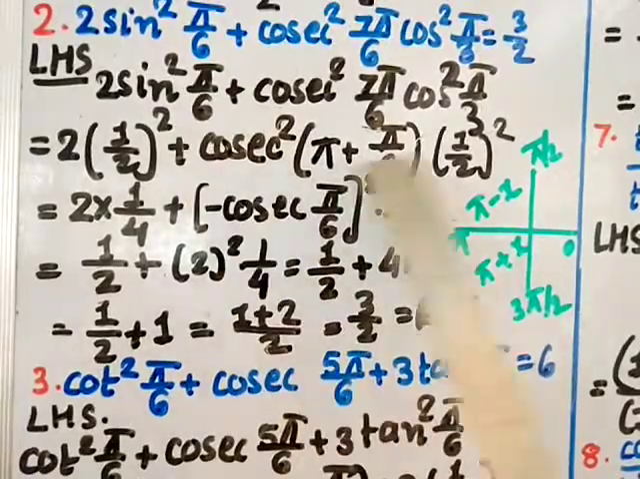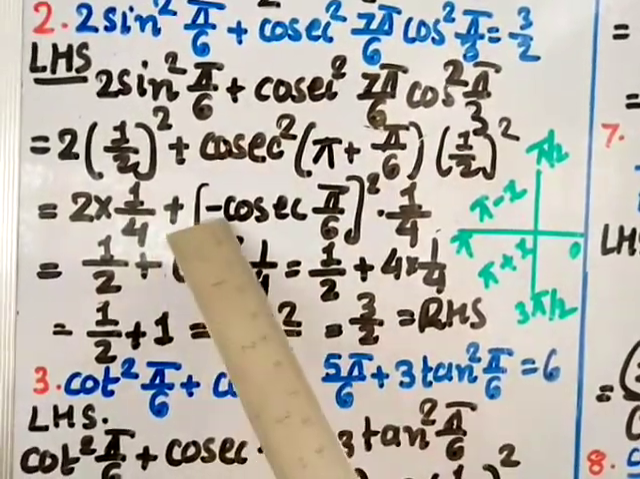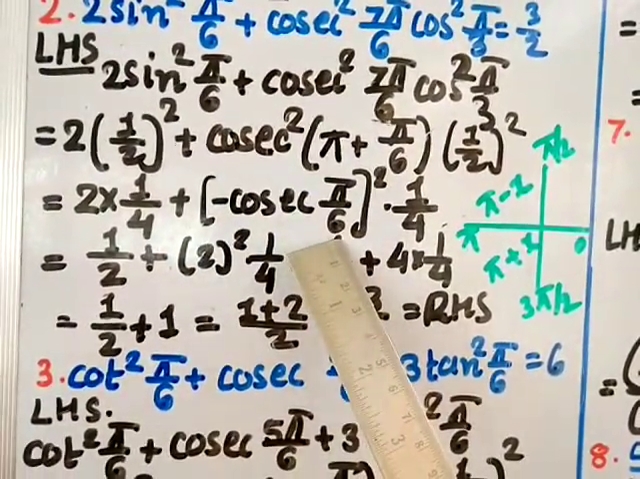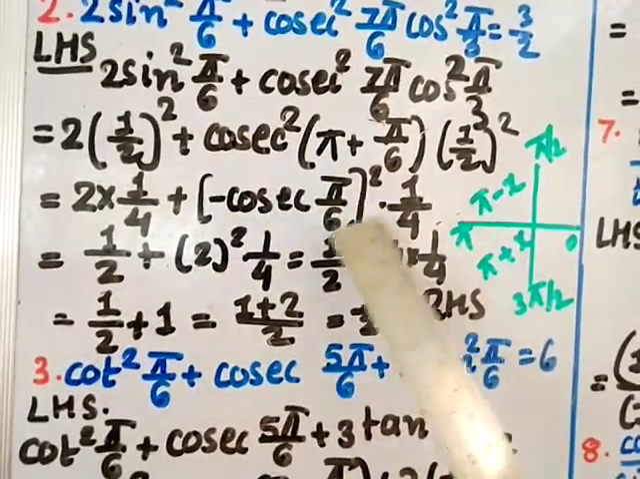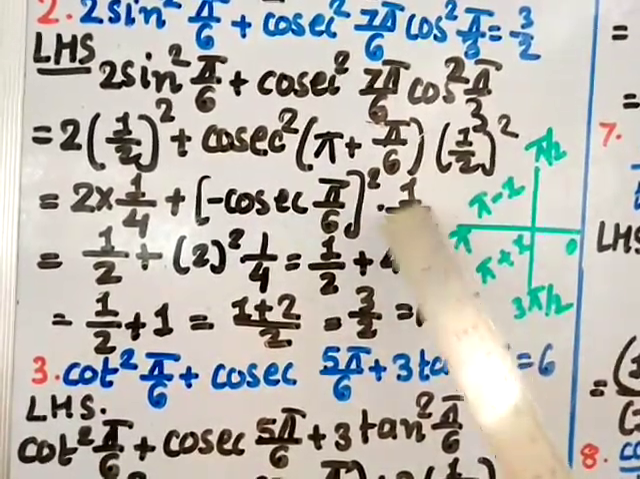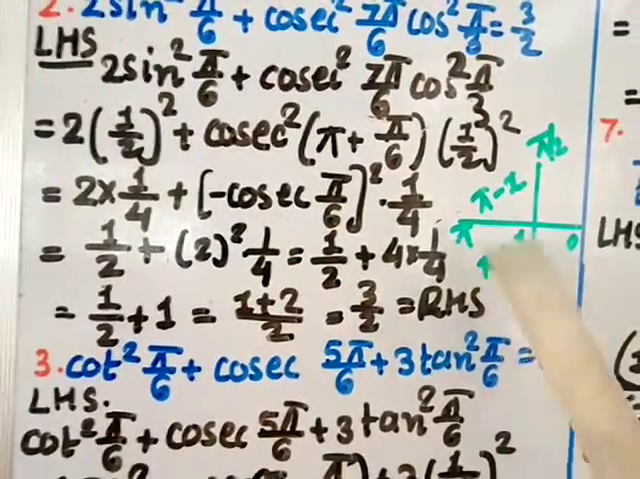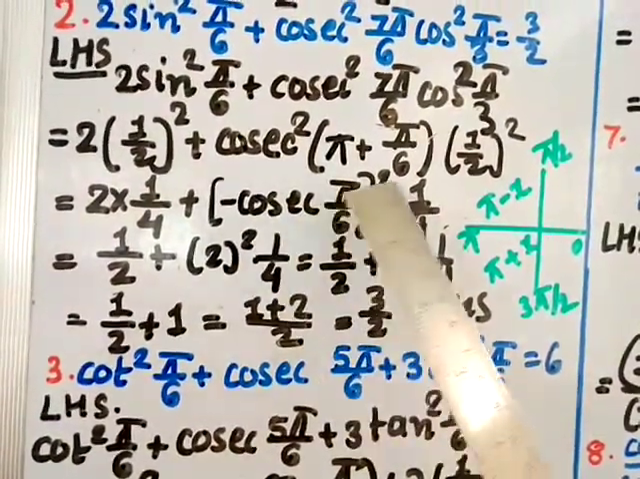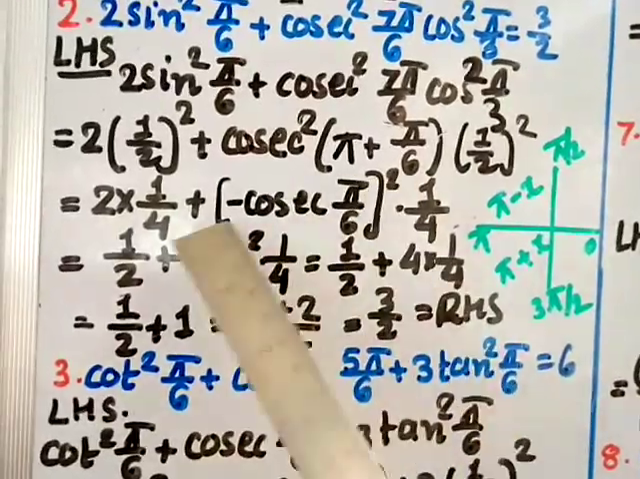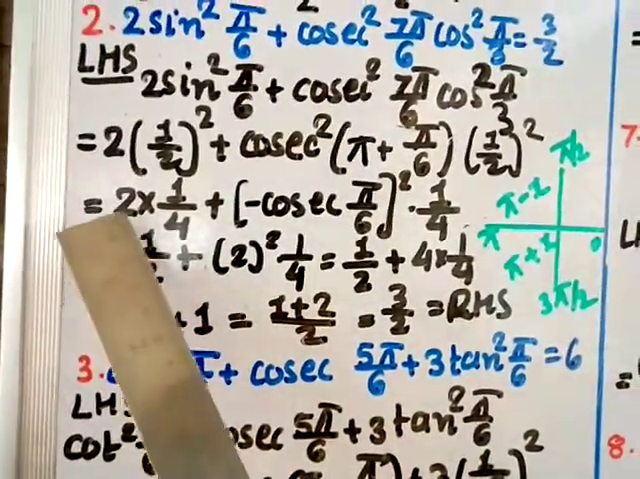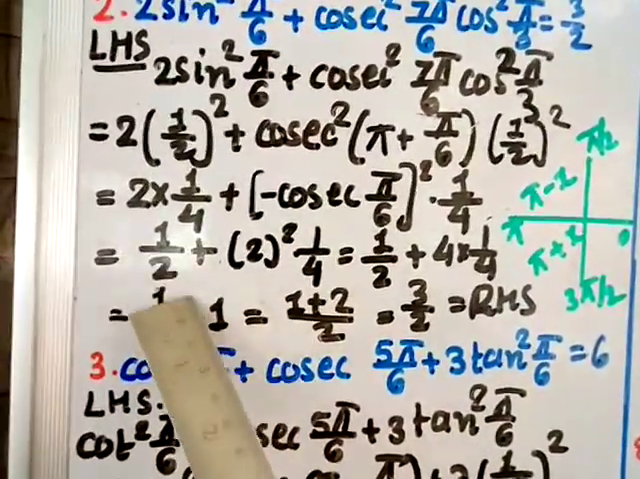Therefore this value will come as minus cosec pi by 6, and this whole square into 1 by 2 whole square gives you 1 by 4. Why minus? Because this comes in the third quadrant where cosec is negative, but here it is a square, so the negative will cancel out. So here you can cut by 2, so you get 1 by 2 plus